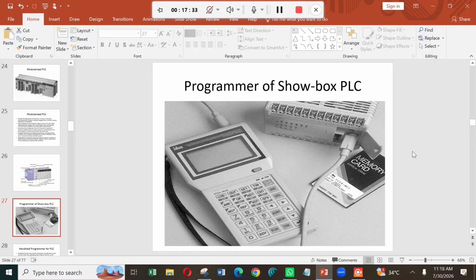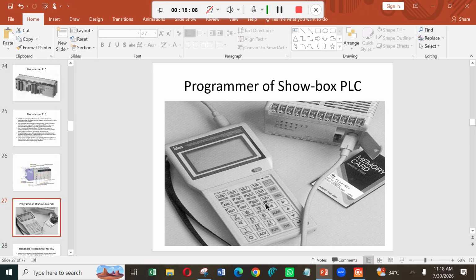So this is the handheld programmer, where you can program onto a memory card and insert the memory card into the PLC. That's also possible, or you can program directly to the PLC also. They connect a cable directly between the PLC and this programmer, so you can directly program it. You can see the different options here for programming, which you will understand only once you start programming the PLC.